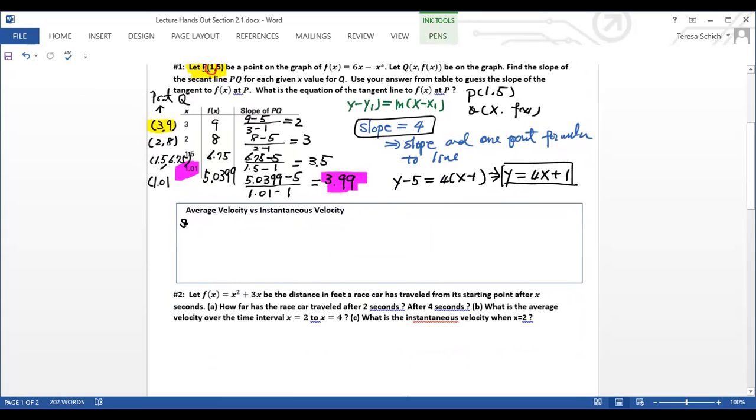Okay, so in here we suppose we have an object moving along a line, and if f of x represents the distance the object is located,